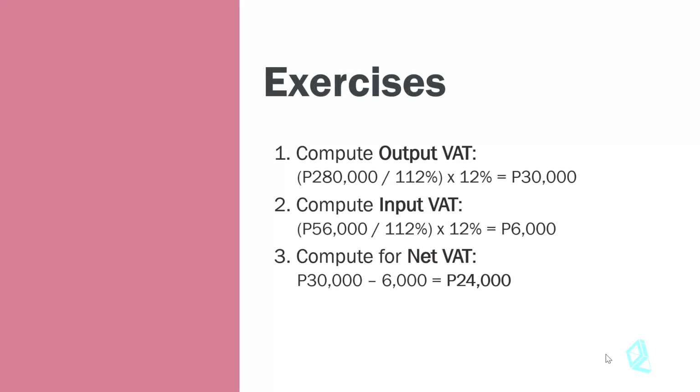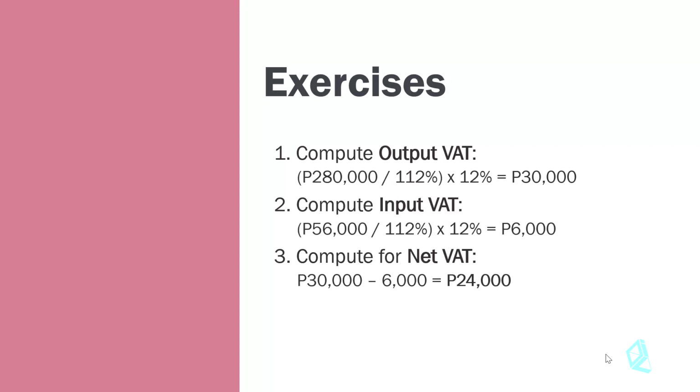So let me show you how the net VAT payable was computed. So first step, compute for the output VAT. So that's 280,000. Oh, notice this one. This is where I probably think you get most of your answers wrong. It's because the 280,000 pesos is the gross amount Dr. A collected from his clients, which is already inclusive